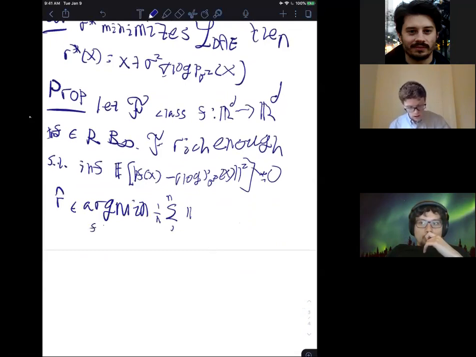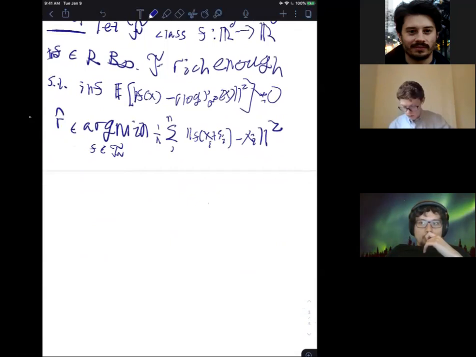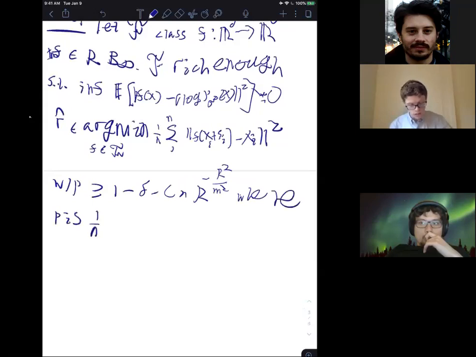Then we have some nice high probability bounds, which say that with probability greater than or equal to 1 minus delta minus like c n R to the minus R squared over M squared, where P is 1 over M sub-Gaussian, we have that E of (R hat of X minus X) over sigma squared minus the actual score